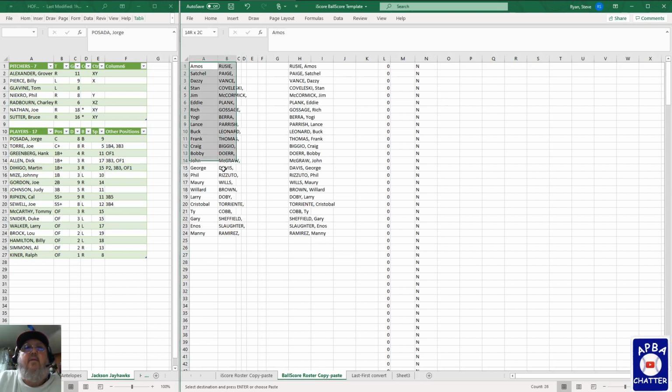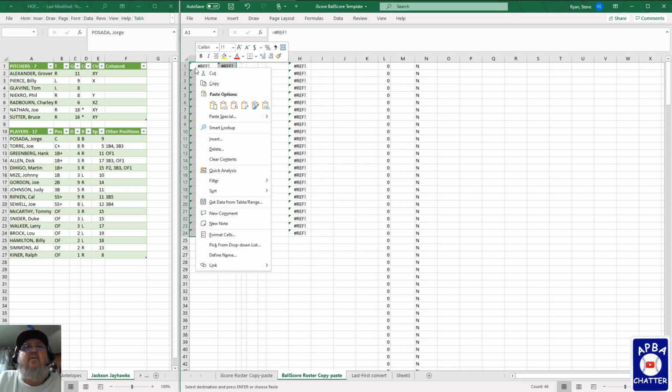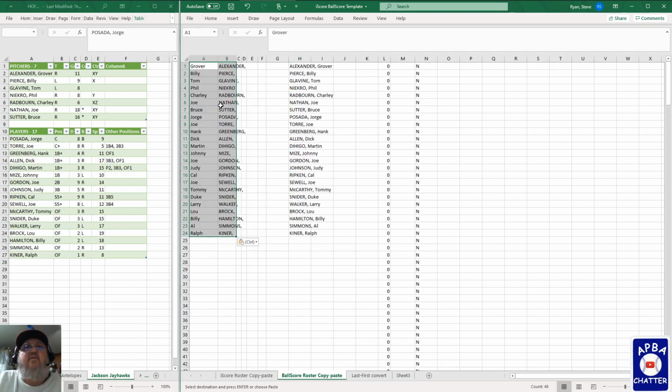and let me delete these. Well, I can just copy over them. Oh, gotta copy values, not formulas. So now I'm going to take these, copy that,